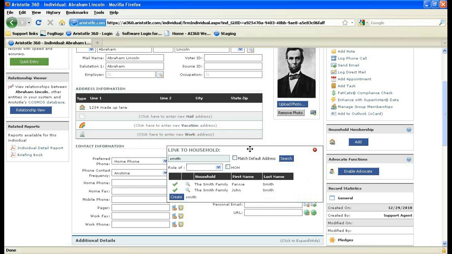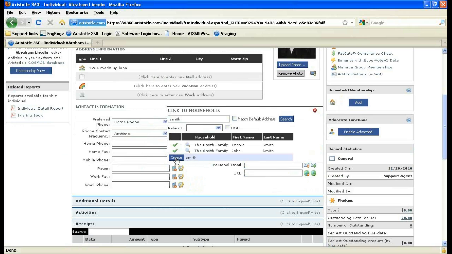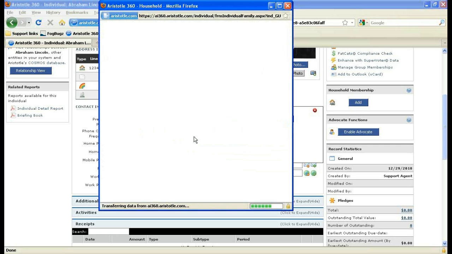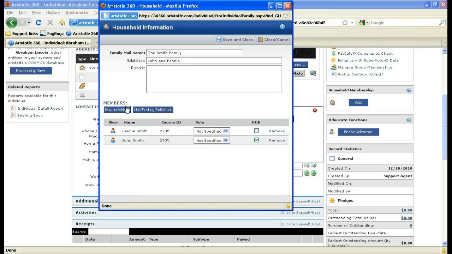I happen to know there's a Smith household, so I'm going to go ahead and search for that one. And you can see, if this isn't the Smith household I'm looking for, I can use the create icon in the bottom left to make a new household. However, let's say that he is supposed to be part of this household. We can open the household here, and we can link a new individual by entering